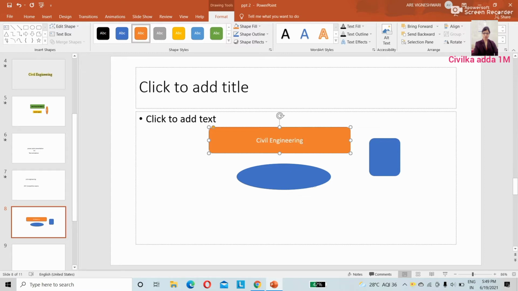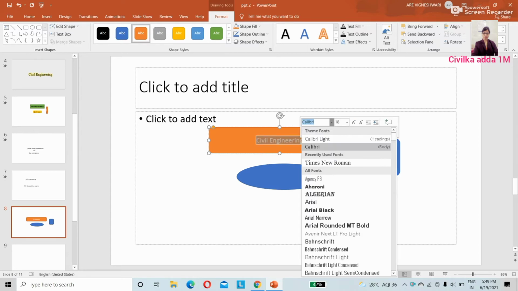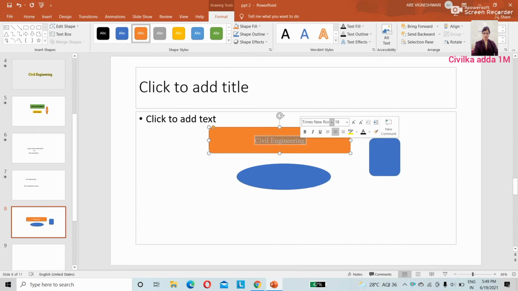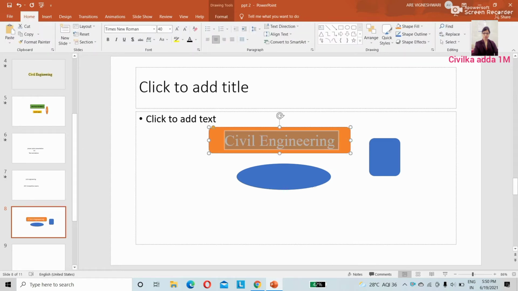If you want to change the font size, you can select and move directly here, and you can change the font size and required font style. Or else you can go to home and select here also.